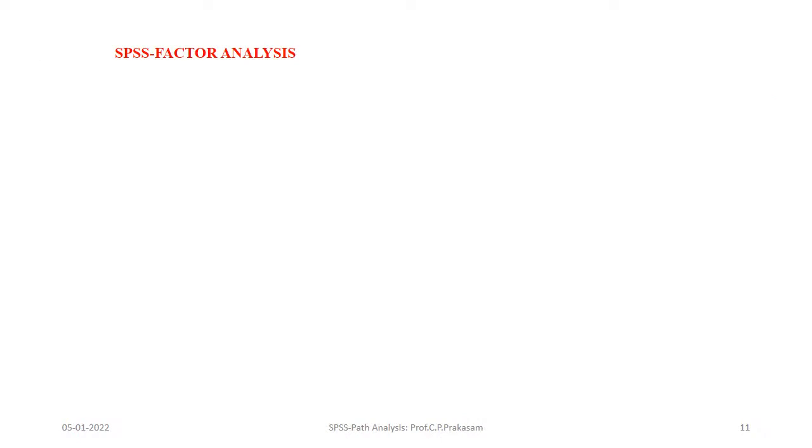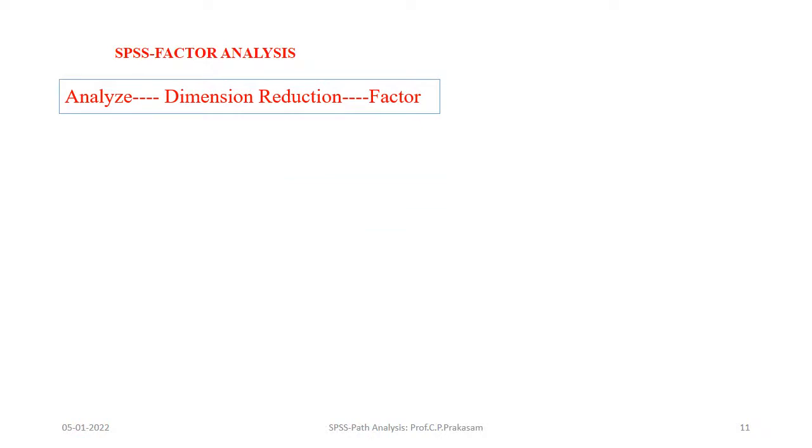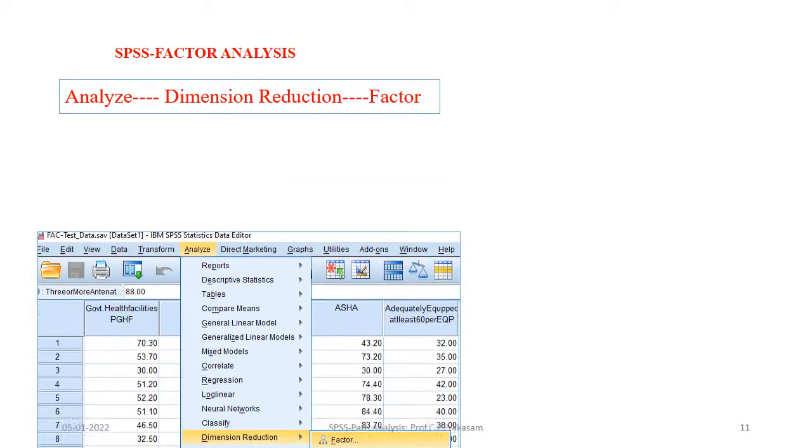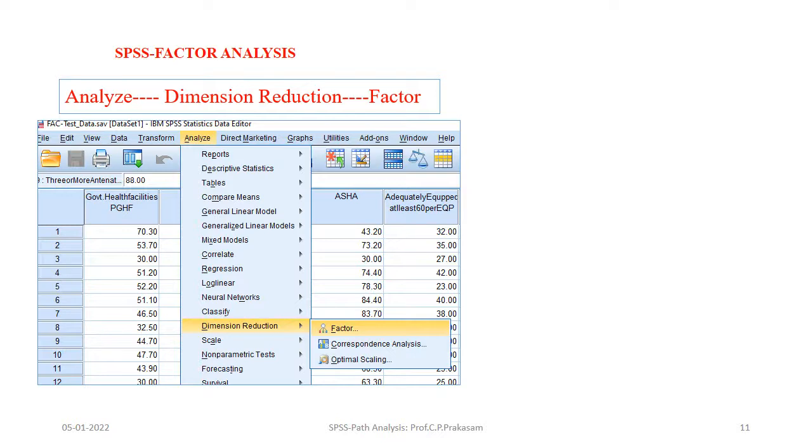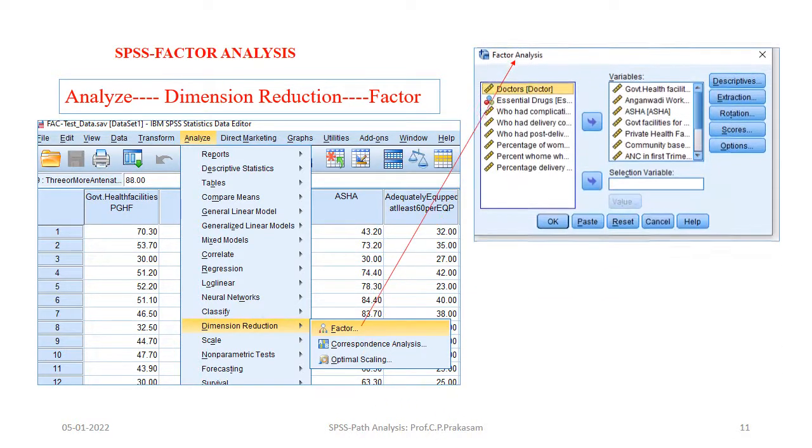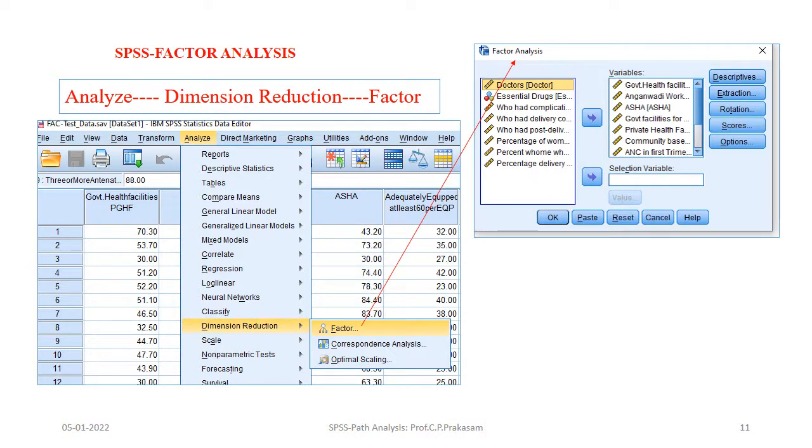After selecting the number of variables to incorporate in the factor analysis, we will go to the SPSS, Analyze, Dimension Reduction and Factor. When you click Factor, you will get the sub editor which is having the factor analysis. In that you will have the variables on the left side, and on the right side you click the arrow and bring them over. See here, since we have deleted 2 variables, that is the doctors' availability and essential drugs, V2 and V6, we have deleted them, and the other variables have been incorporated.